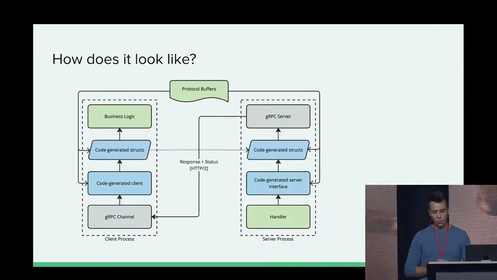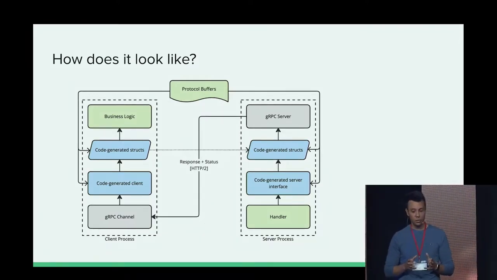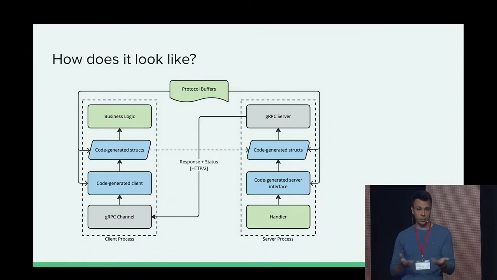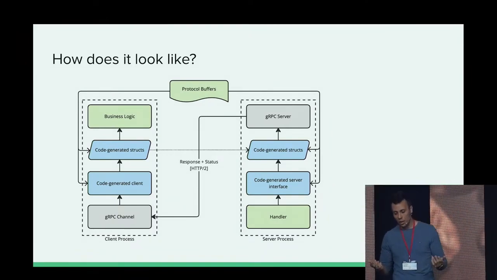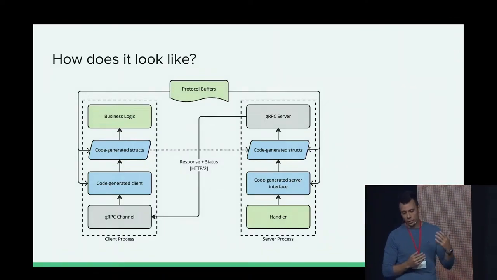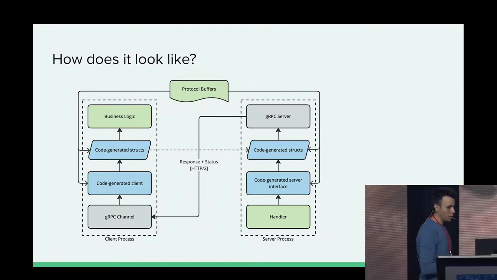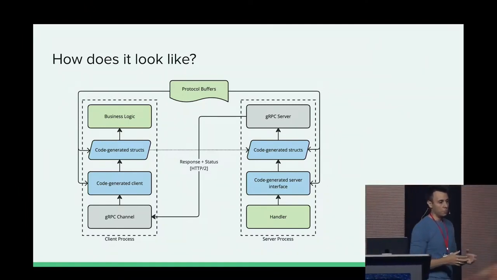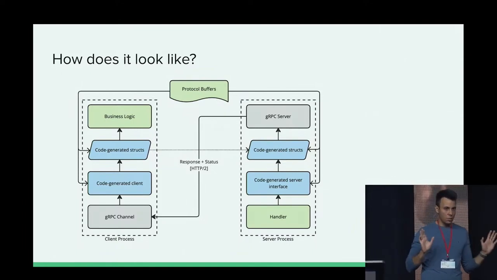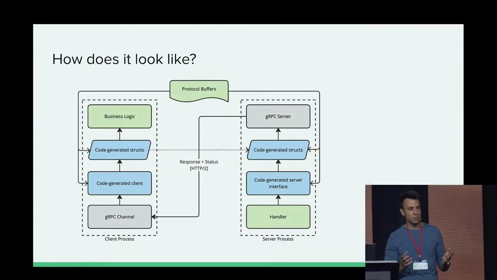And then we have a response path. So how does this response path look? We have a handler. The handler returns like a normal function return. And this goes through a similar process as the request. So it's serialized, it's transported back to the client where it's deserialized, and then the business logic on the client side actually sees the response object. Again, kind of magic.